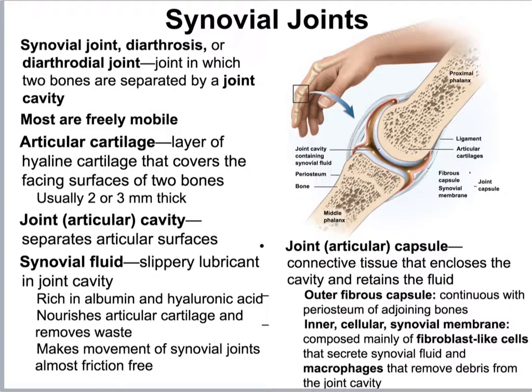Last joint category is a synovial joint. This is the most mobile type of joint. Bony joints don't move at all. Fibrous and cartilaginous joints have very limited movement. Synovial joints have extensive movement. This is where you have two bones which meet together with articular cartilage ends, typically hyaline cartilage ends, and that